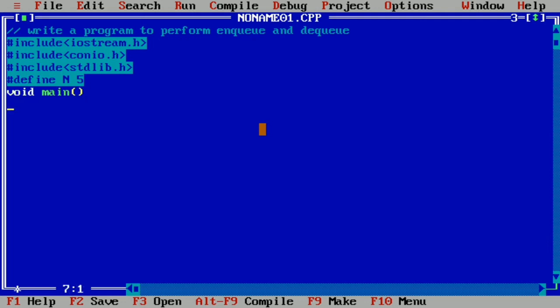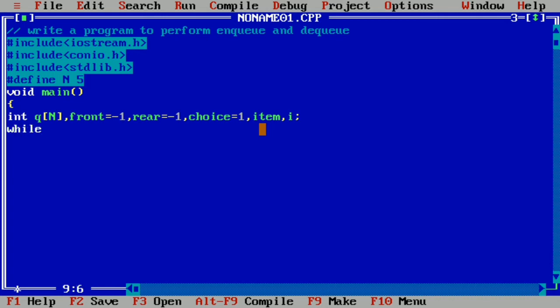Next, void main, curly open brace. Here we are going to declare the queue, and here we will write capital N because it takes the size as 5. Next, comma, front is the pointer which is set to null, that is -1, and rear is the another pointer which is also set to -1. Then choice is equal to 1, it is always true. Next, we will write item, that is to be inserted and to be deleted. Next, we'll write i, that is the index of the queue.